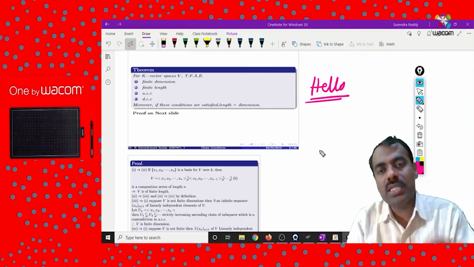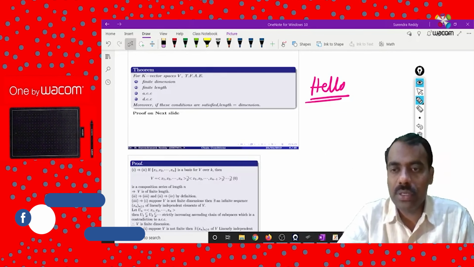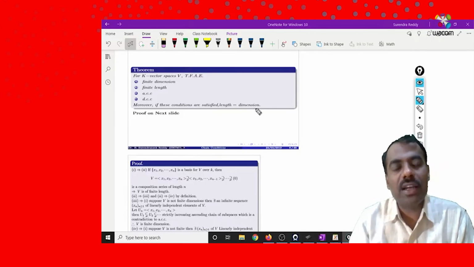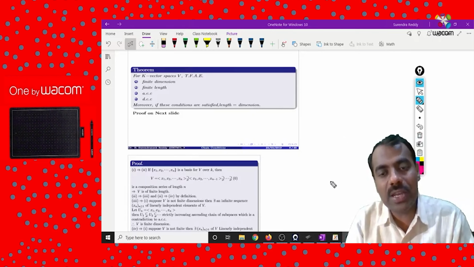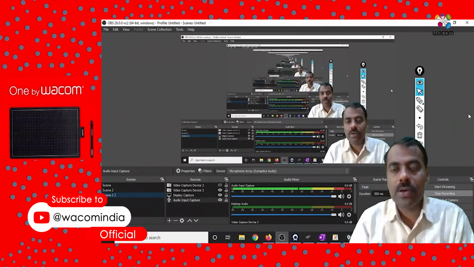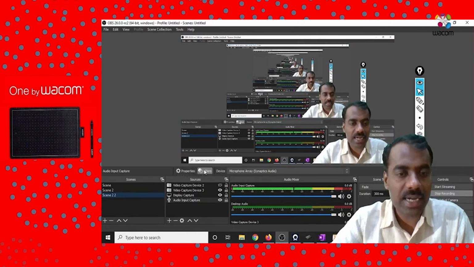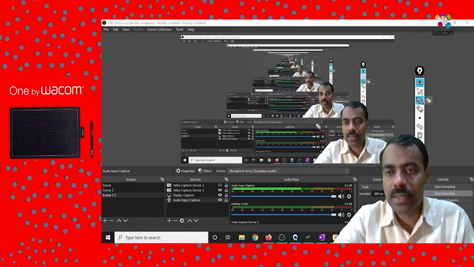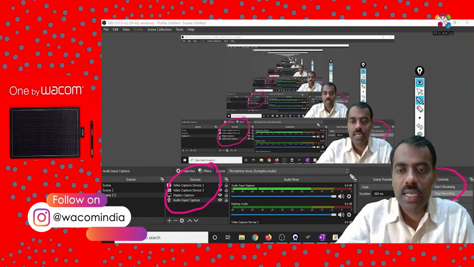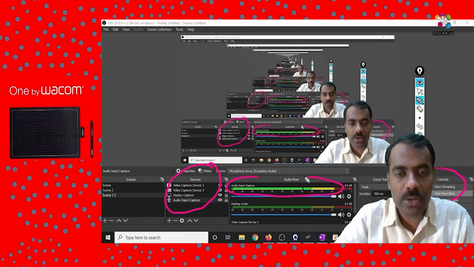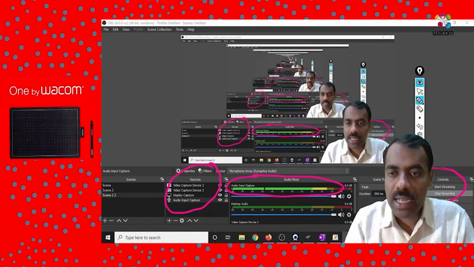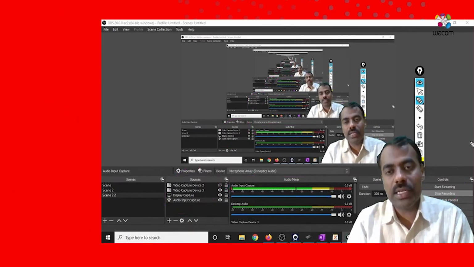So the audience will see this, but by just pressing this button you can delete it. That means it is not actually reflected in your OneNote or Journal plus plus or anywhere. For example, if I go to OBS itself and want to explain something here, I can start writing things. For example, I say the sources are available here, here you have controls, and this is the audio, it is going on. Whenever we want to explain something, we can explain it here, and after that you can simply remove this so that it is gone.